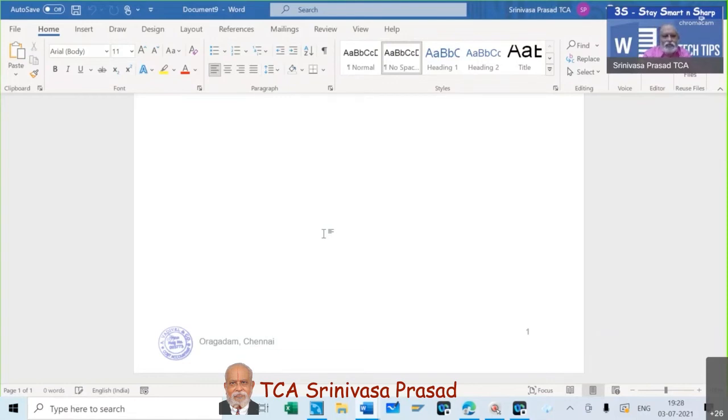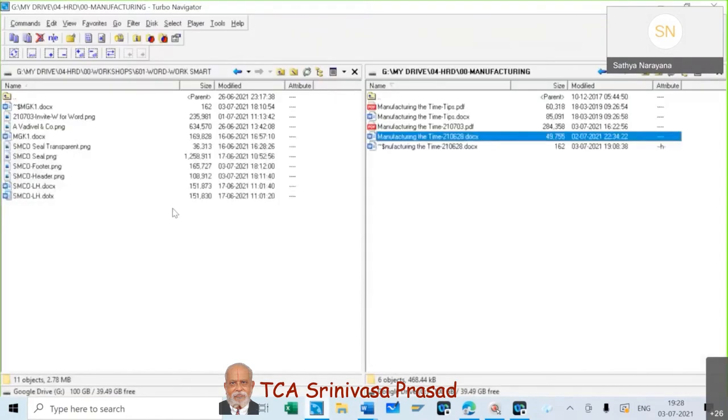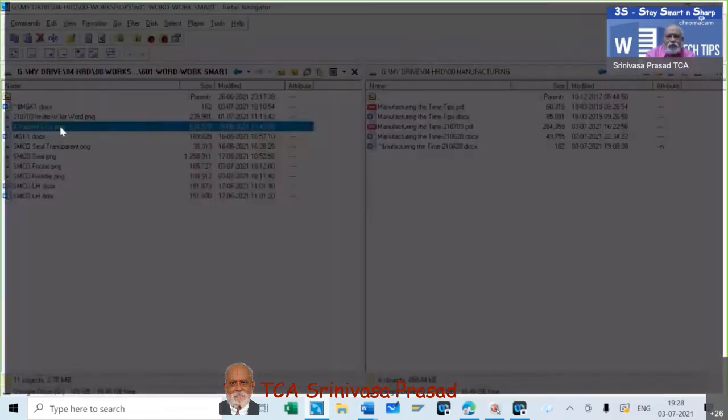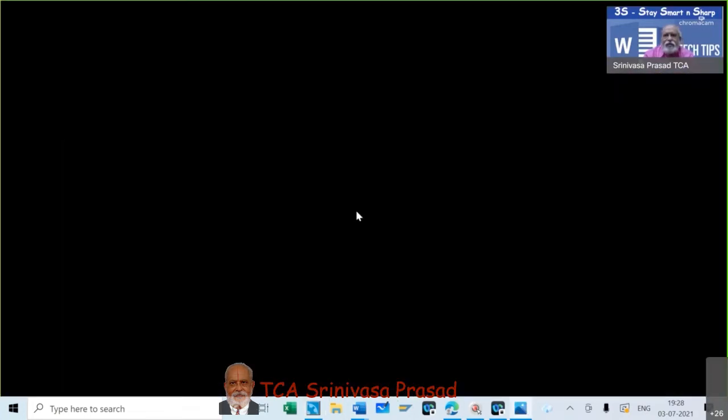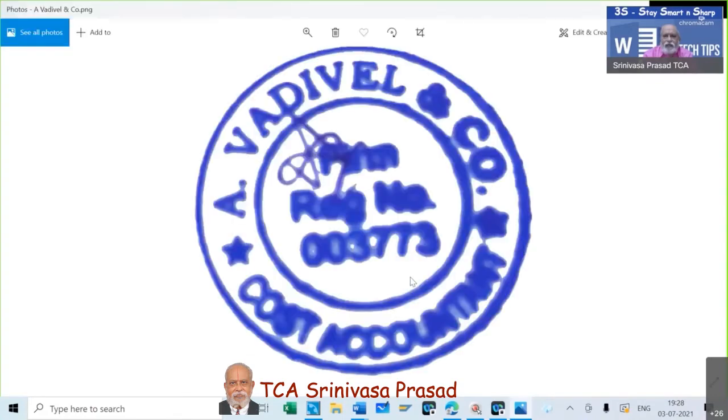So this template gives you, and there is some software which I will send you in the follow-up email to all of you who have attended. I should thank Mr. Gopalakrishnan. He has given me this software. I was using some other software which Mr. Vadivel had sent to me. I'll show you Vadivel's, if you look at it, this is what he had sent at that time.